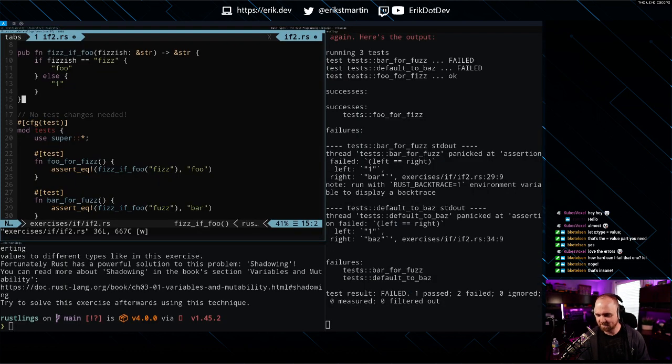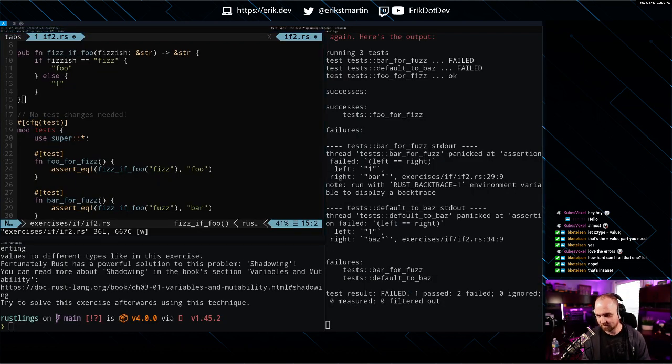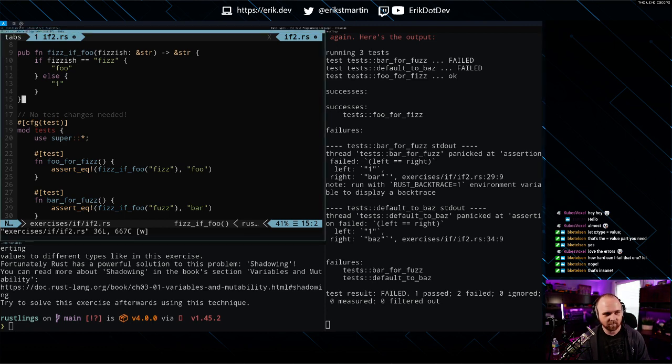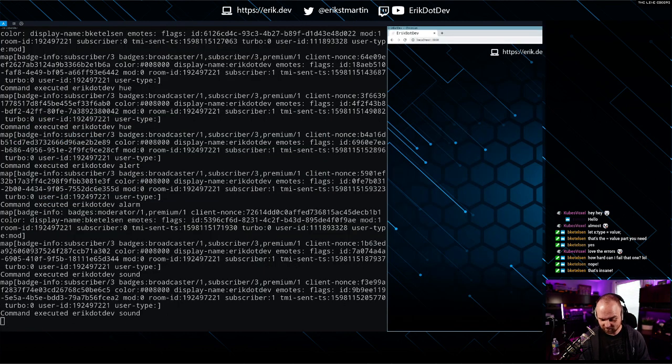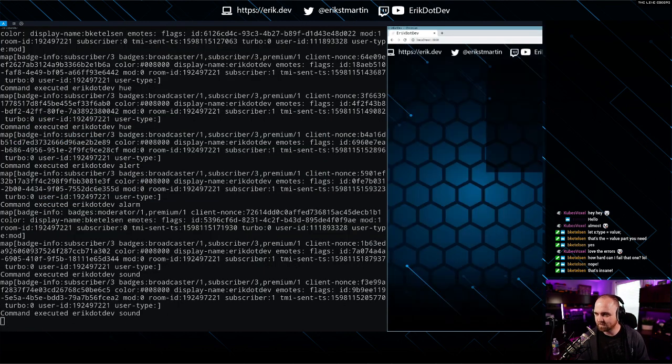Sometimes the sounds, it takes me a bit to get it working. Why are you not working? I feel like every time we do this, failed to load resource, the server responded with a status of 404.